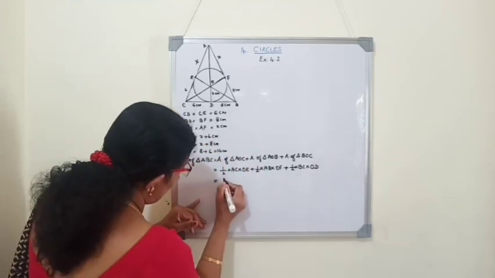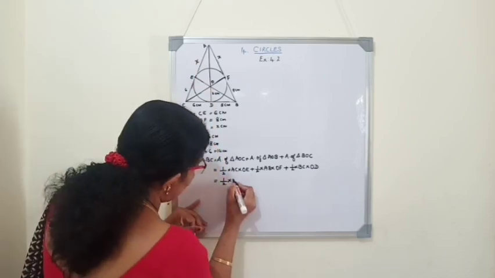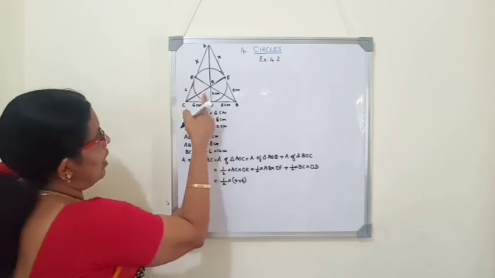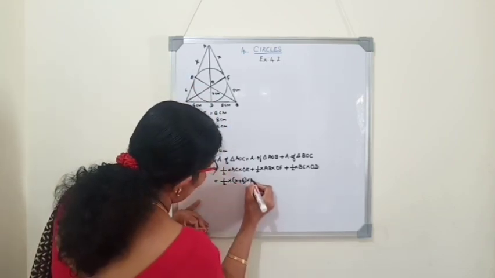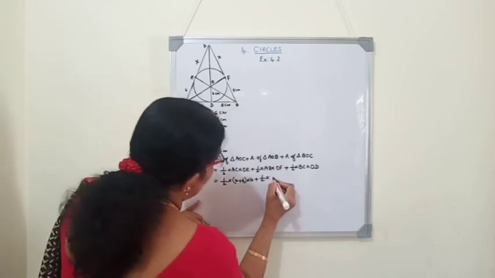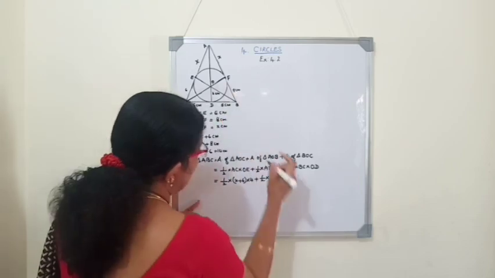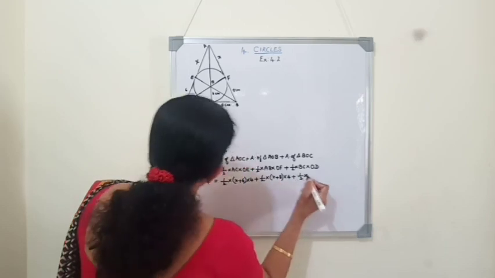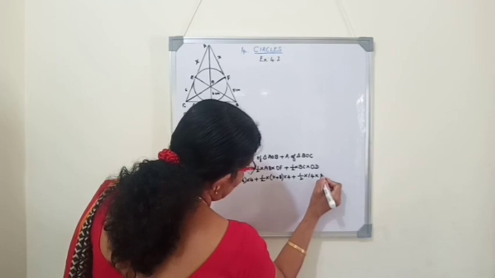So here is equal to half into. What is AC? We had already written, that is x plus 6. Write in bracket x plus 6. What is OE? It is the radius. So radius is already given 4 centimeter. So into 4. Plus half into AB is x plus 8 into, again OF is 4, into 4 plus half into base BC 14 and the height is 4.